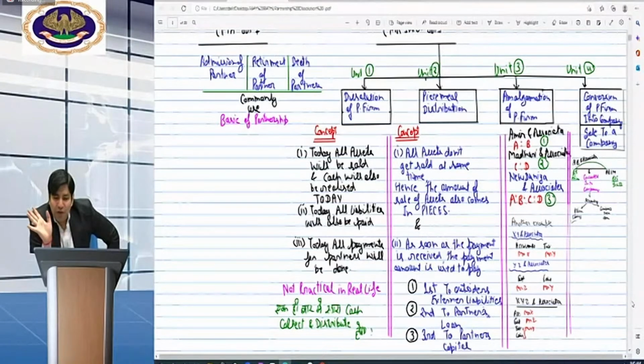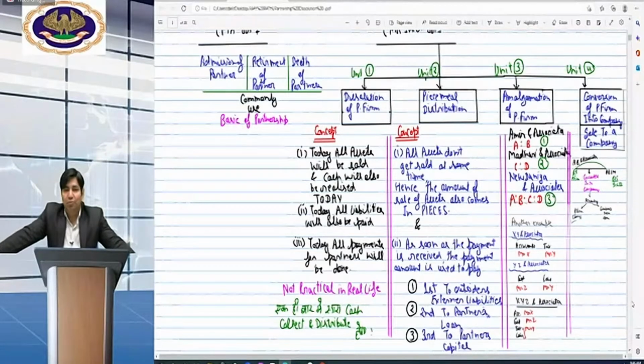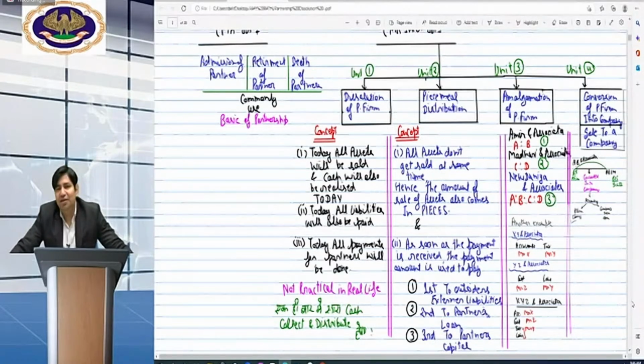Anything more you want to ask, everyone? From this chapter, from which unit does the question come most of the times? Abdul beta, I am on a platform where I cannot say like this. Okay, beta? From the ICAI side, each and every chapter and unit is important. What we say when we usually study is that the question always comes from the part which we could not revise.